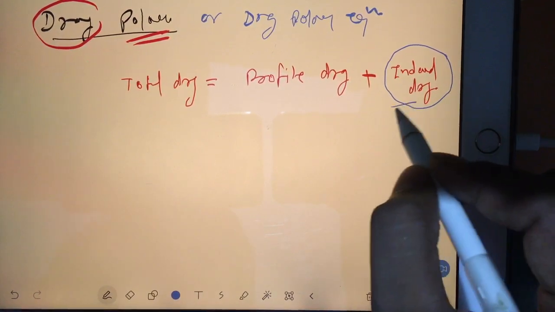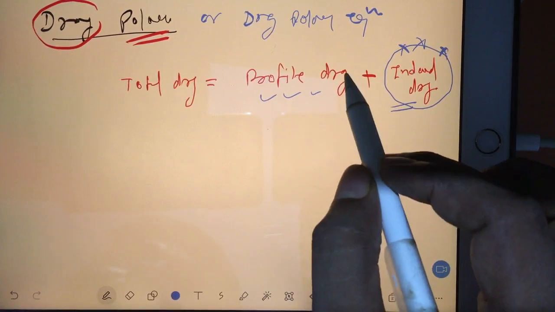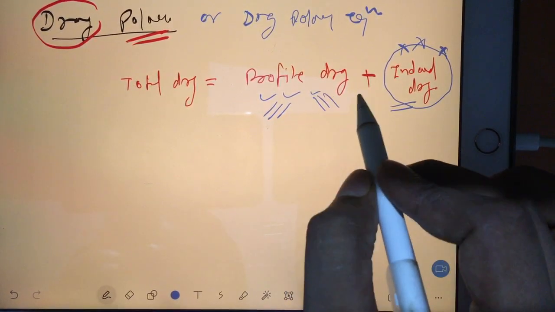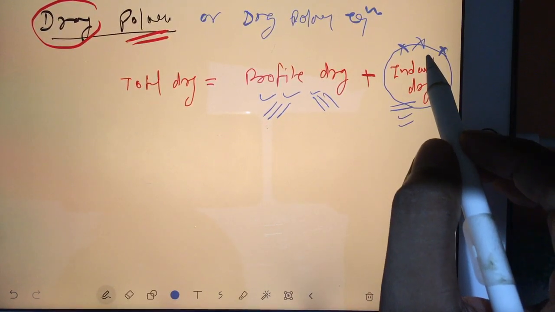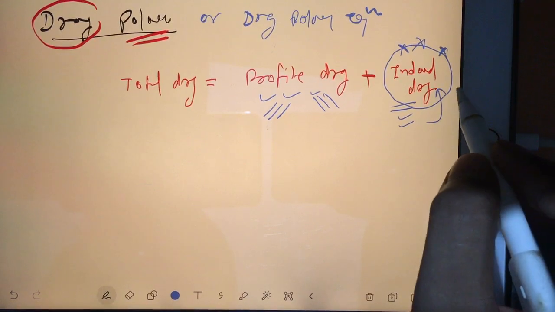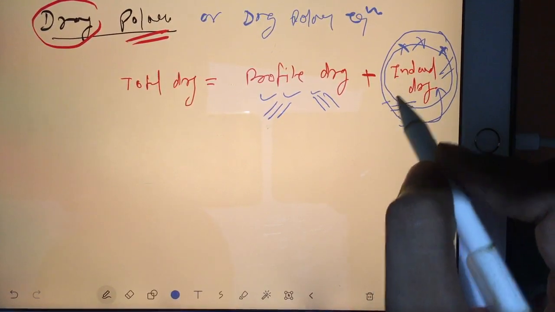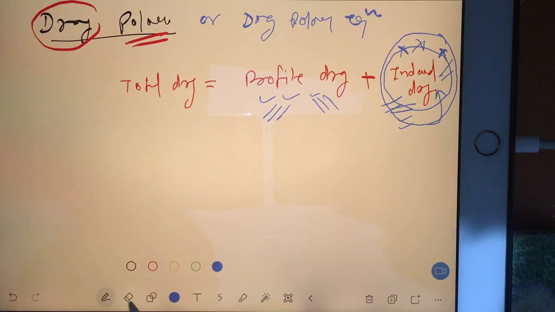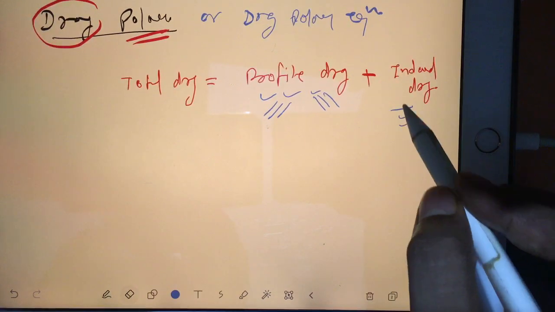I'm using induced drag because this induced drag is not coming because of the profile. I mean, it is not coming because of the pressure drag and because of the shear stress drag, right? It is coming just because the local flow is bending, downwash is happening, and because of that phenomenon this is coming. But anyway, it is also behaving like a drag, that's why we are adding. Okay. In aerodynamics, I will teach you types of drag. Currently, the types of drag is not important.